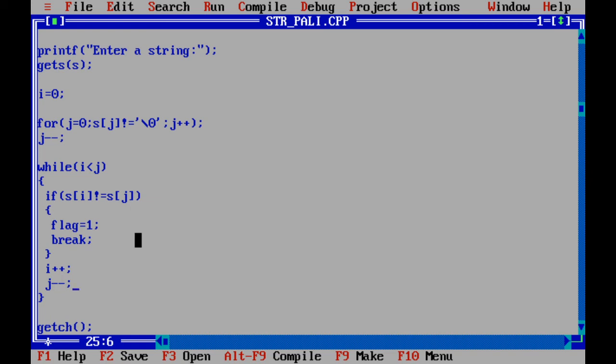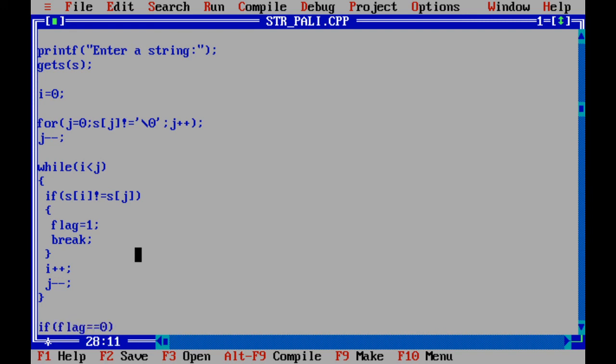Okay. So whenever characters will be different, flag will be made as 1 and loop will be broken. Okay. So after coming out from the loop, just check the value of flag.